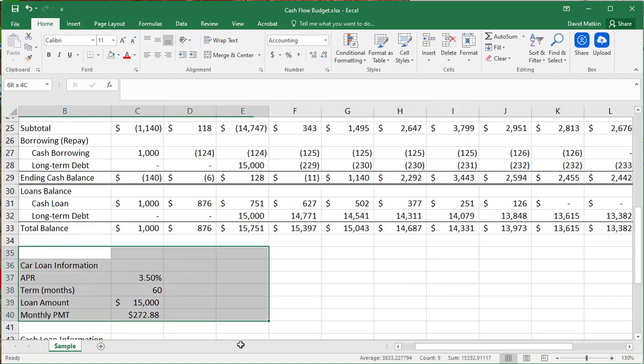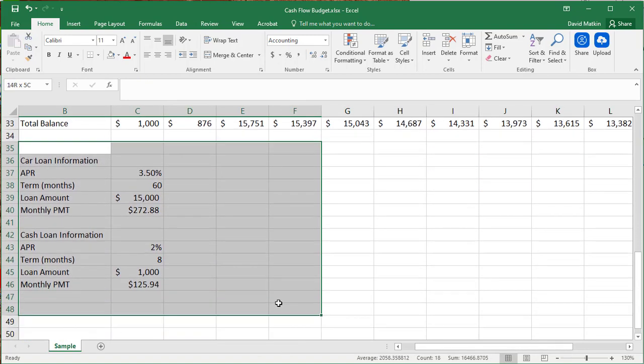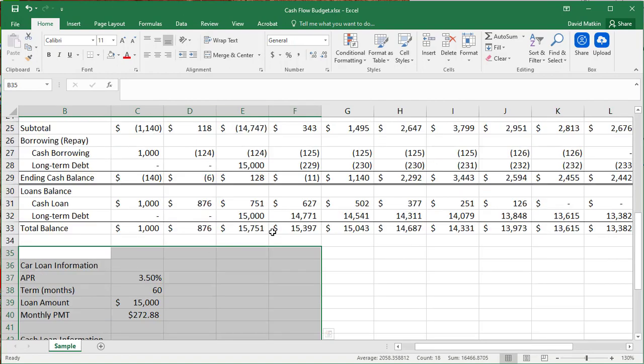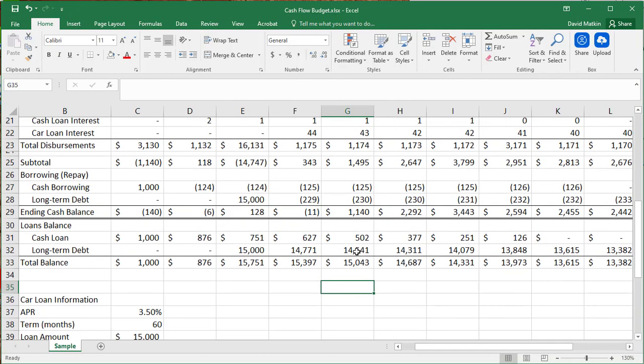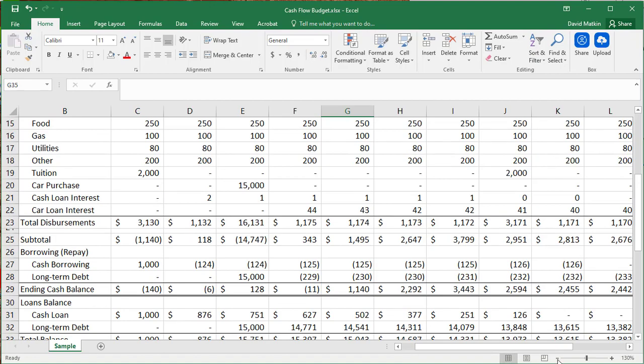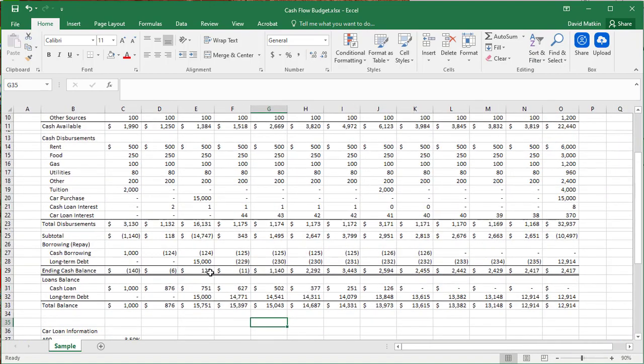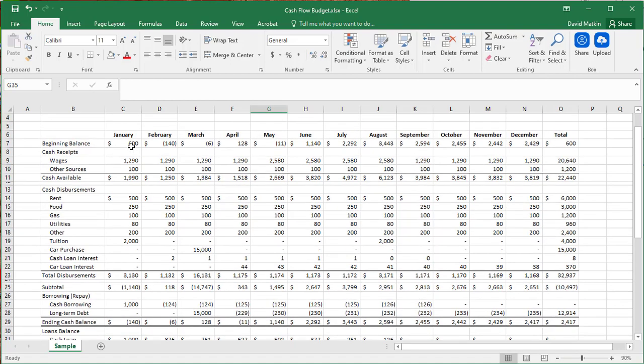Okay, and then all this information down here is just information that I was using to calculate these numbers, and I'll talk about that in the next video. All right, so let's just look here and double check. The other thing I think to recognize is that